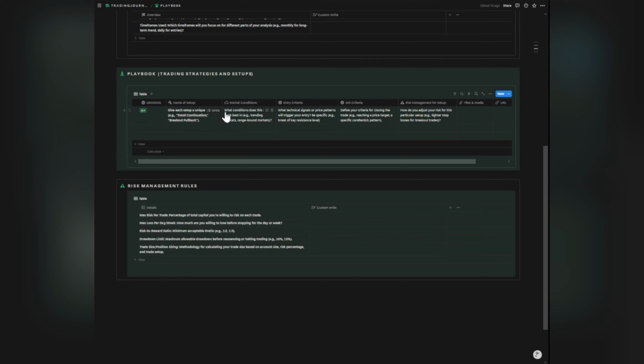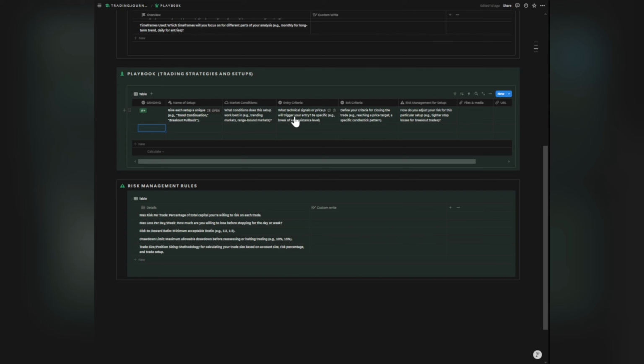So this is a rigid area where you can identify your setups based on A plus, B plus. You can rate your setups depending on the grades. So for example, here on the grade, if it's a B setup, C setup, D setup, F setup. So the best setups, you'll have A plus setup. Then the market condition, of course, if it's a trending market, whichever the condition that the trade works best or